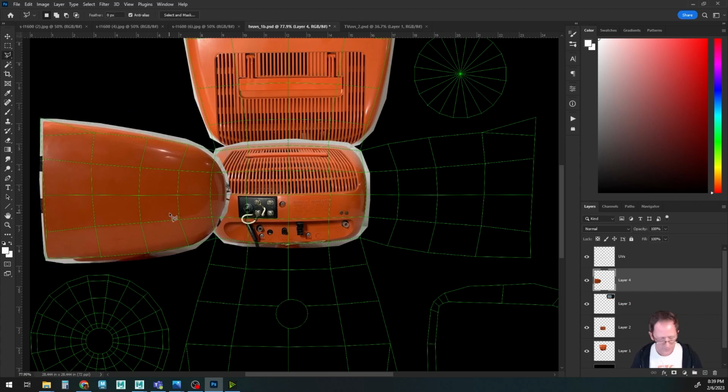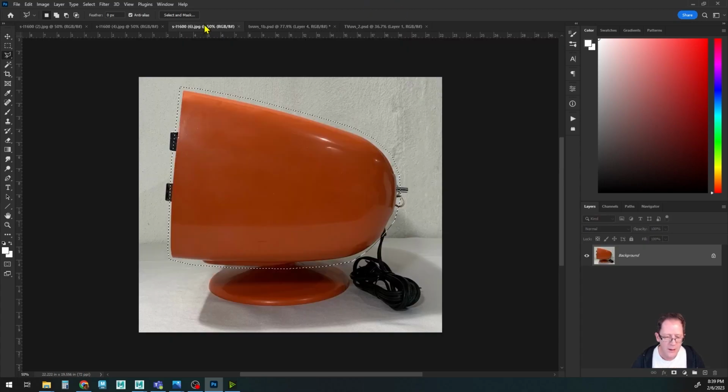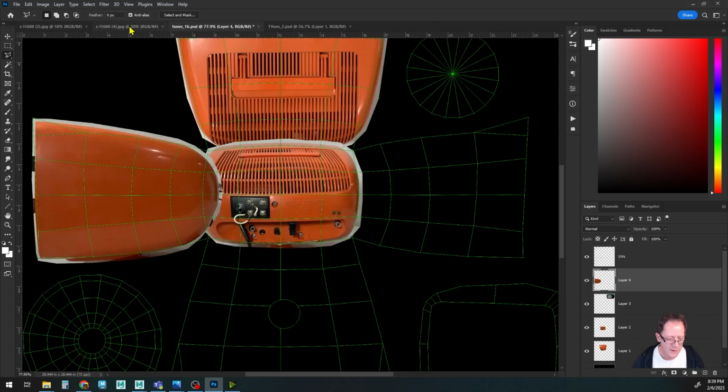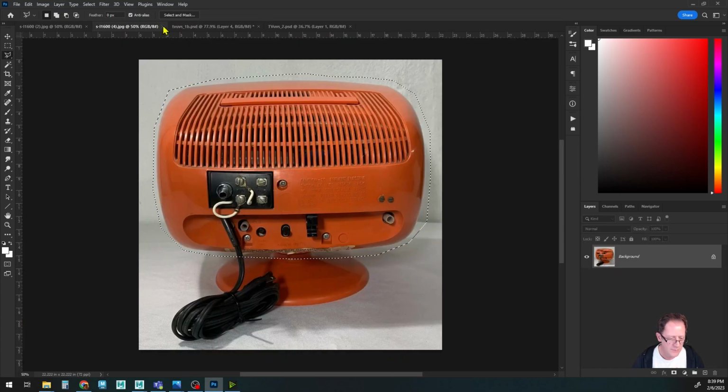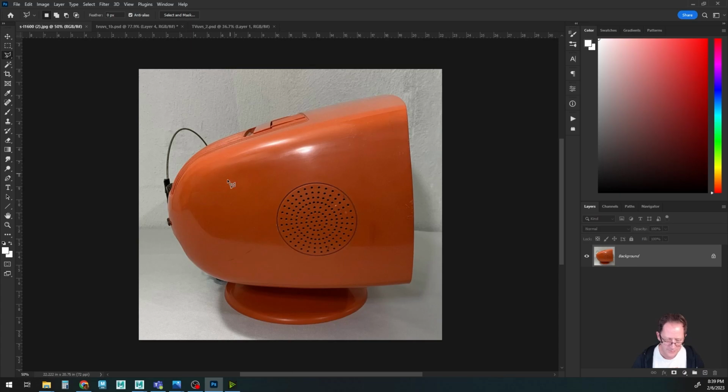This is a lot easier with Substance Painter, but this is how we did it back in the day. So, uphill both ways. It's good to know how to do the basics before you go on to